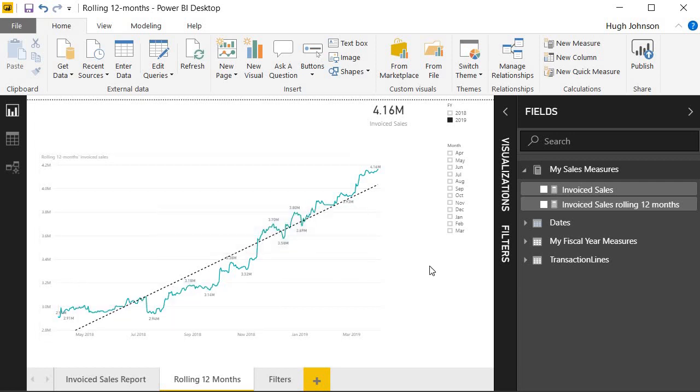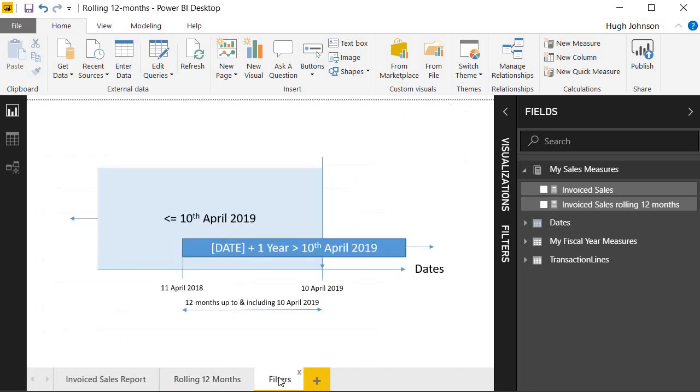So the first thing I need to do in my calculation is to remove all filters applying to my dates table. Then what I need to do is reapply the filters. So I'm looking at the 12 months running up to the date that I've selected. That's best explained perhaps on this chart here. So today is the 10th of April 2019, and